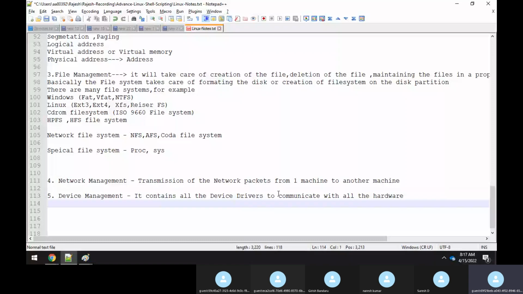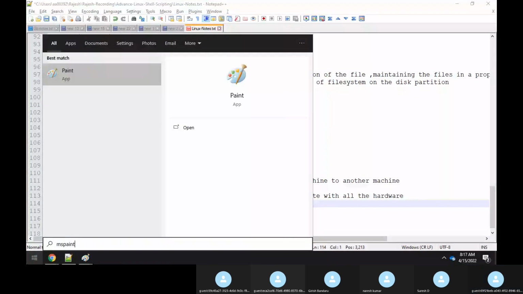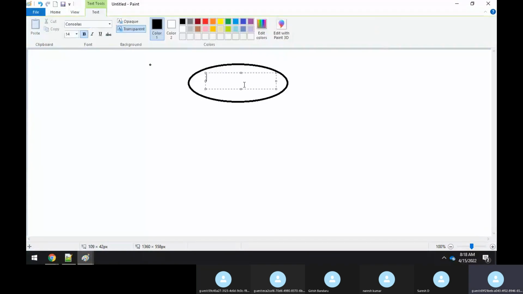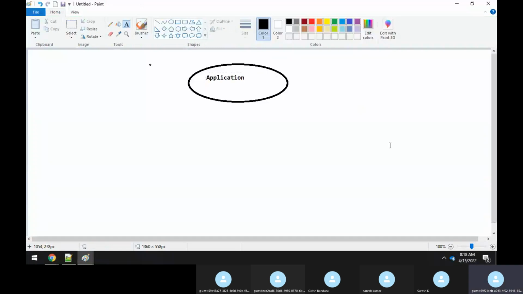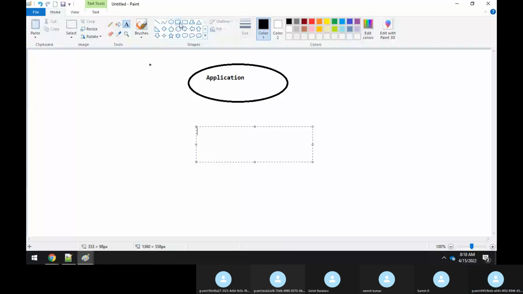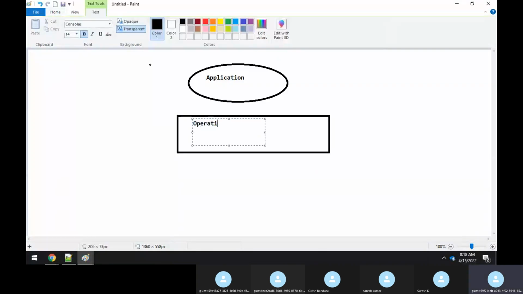Okay. Now, for example, to explain and make you understand that. Here an application is running. Here you have an operating system, and the operating system is running.